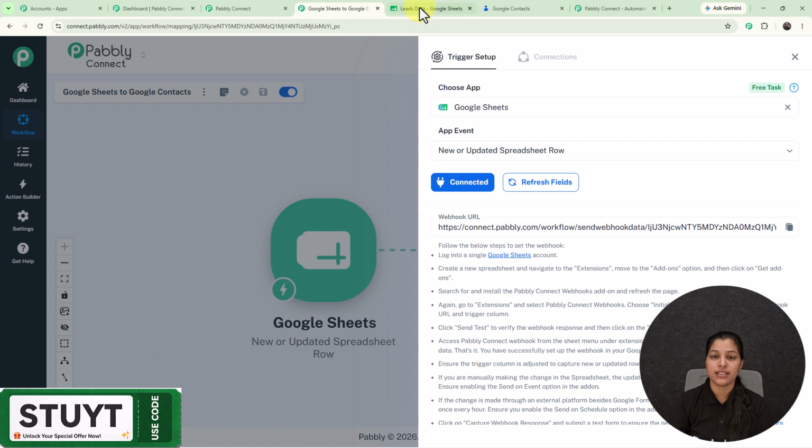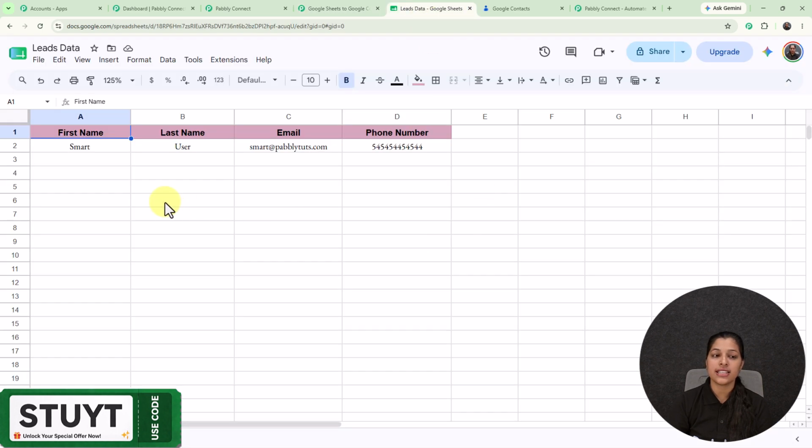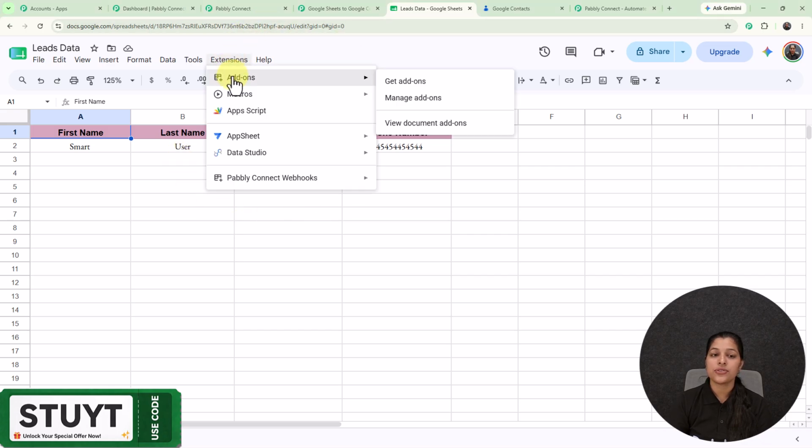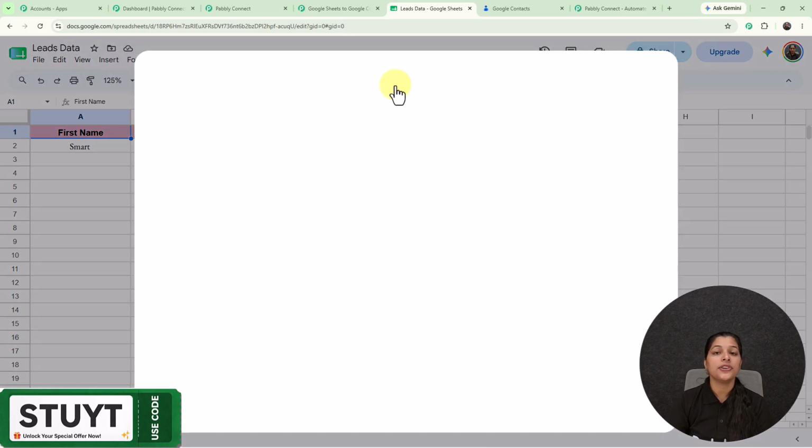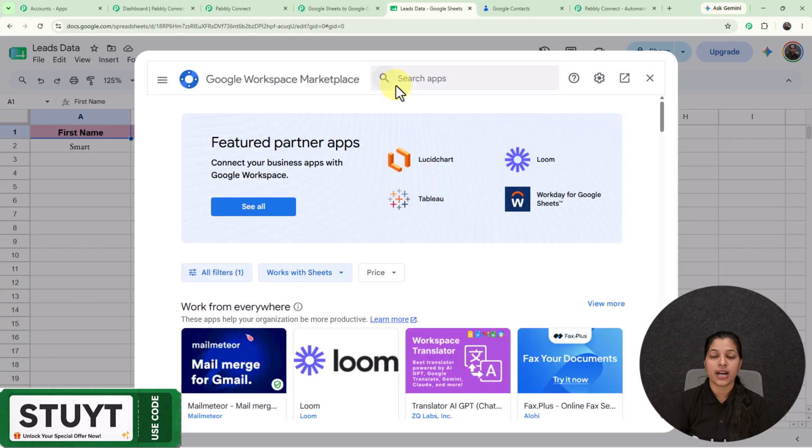Now let's move to my Google Sheet, through which I'm going to receive my new lead. Right here I'm on my Google Sheet, where I have already made a new entry for a lead named smart user. Now for adding the webhook URL, you just have to move to extensions, select add-ons, and select get add-ons, and you will land on the Google Workspace Marketplace, where you have to search for the app